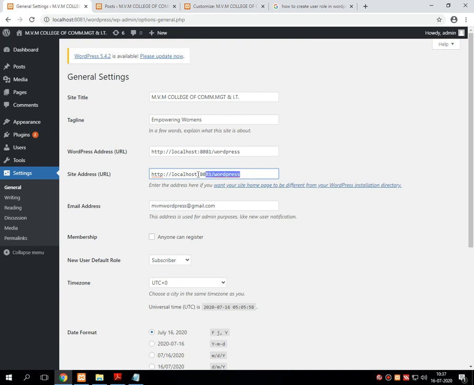This address is similar to the address mentioned in the URL. Just look at the URL line up to this slash, and look at the line that we have written here. Both are the same. So from this location and the port 8081, WordPress gets executed and you see the output on the screen.